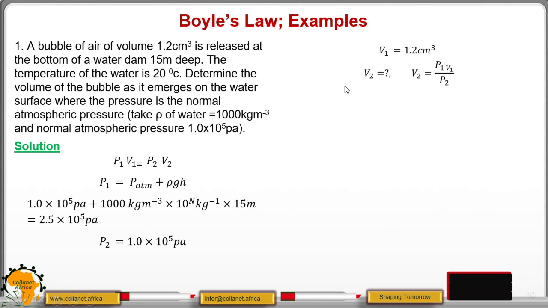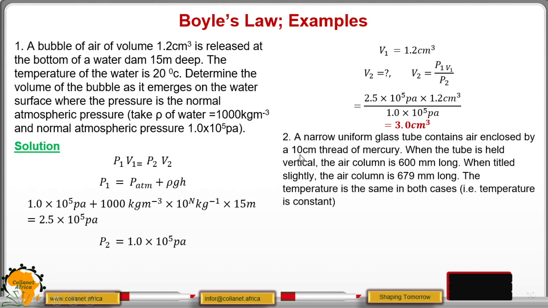Now for us to get V2, we can make V2 the subject of the formula from this formula, and we do that by dividing through by P2. So our V2 will be P1 V1 over P2. After getting the formula, then we substitute our values. Our P1 is 2.5 times 10 to the power 5, our V1 is 1.2 cubic centimeter, and our P2 is 1.0 times 10 to the power 5 pascals. When you key in these values in your calculators, you find that the value of V2 will be 3.0 cubic